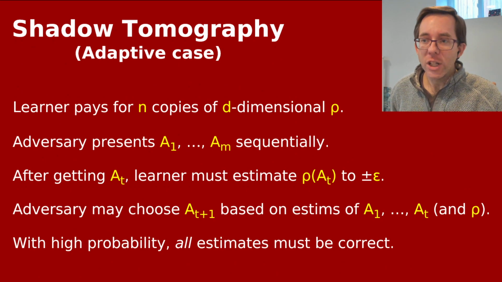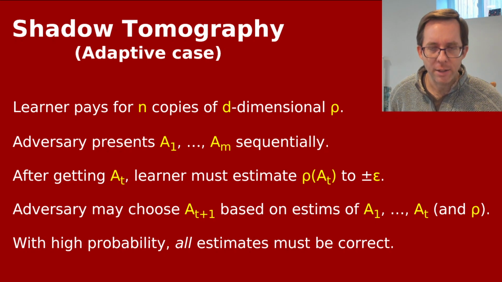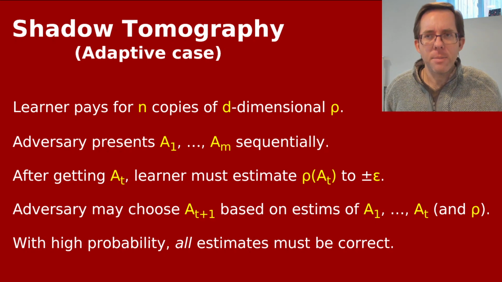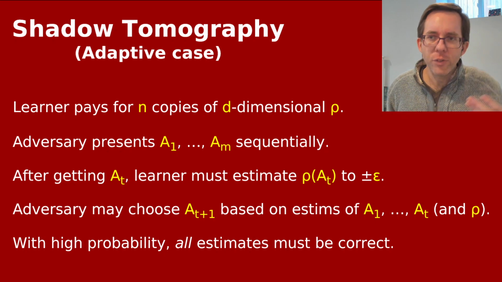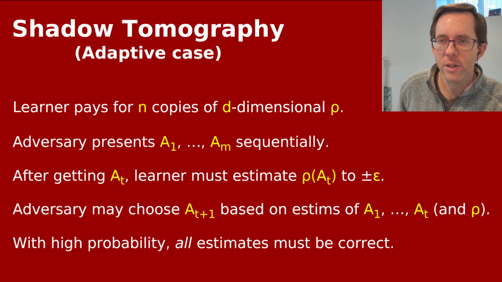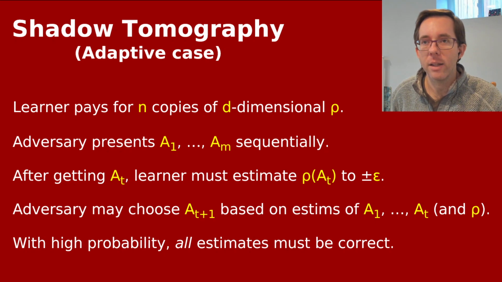Okay, so actually, given that in the shadow tomography problem you're going to have to face some of the same difficulties you faced in adaptive data analysis, you may as well also study the adaptive case and the quantum case. If you're going to have to overcome these difficulties anyway, why not fight against the adaptive case in the quantum case, you might imagine. So this is really the problem we're going to end up studying, the adaptive version of shadow tomography.